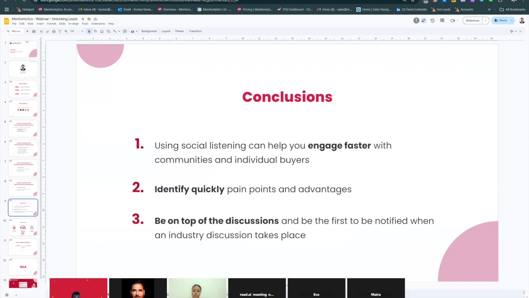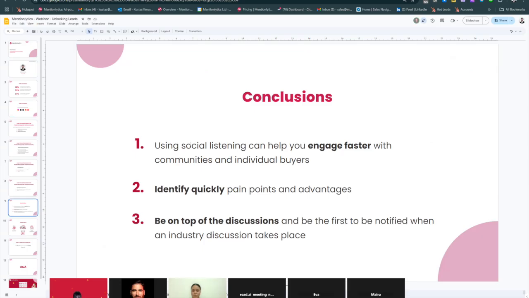And again, we as Mentionlytics and a lot of our clients are looking at these new alternative solutions and channels that maybe 5 or 7 years ago weren't so interesting or important, let's say like Reddit or like Quora. They think that a lot of discussions and a lot of decision making is happening there. So that's why they have a social listening tool in order to be able to engage faster when leads appear and somebody is dissatisfied with a competitor of theirs.